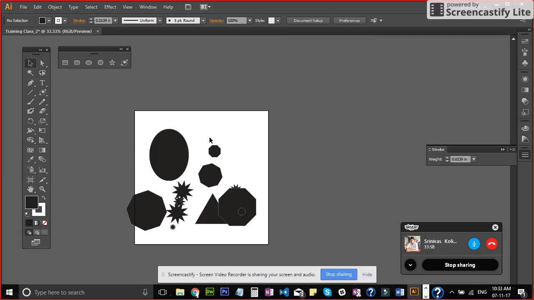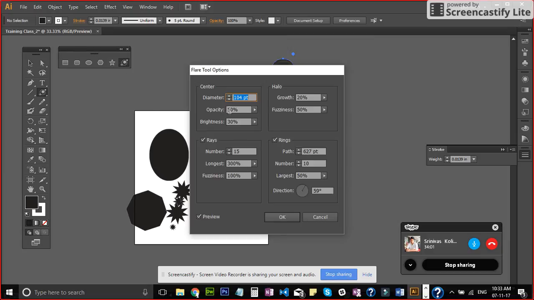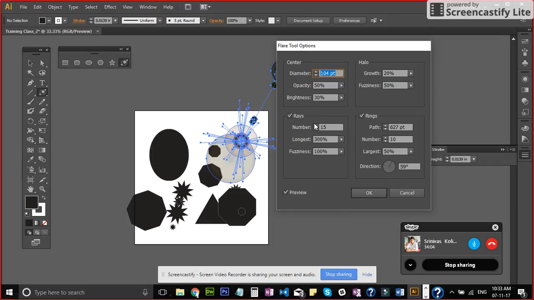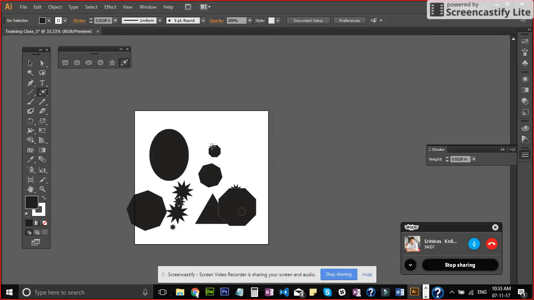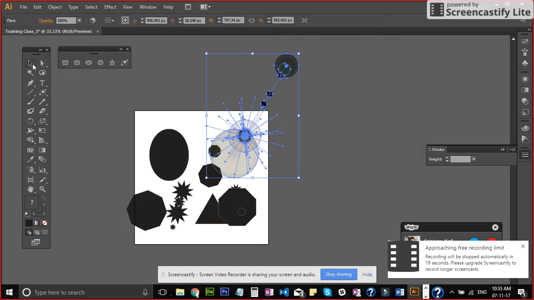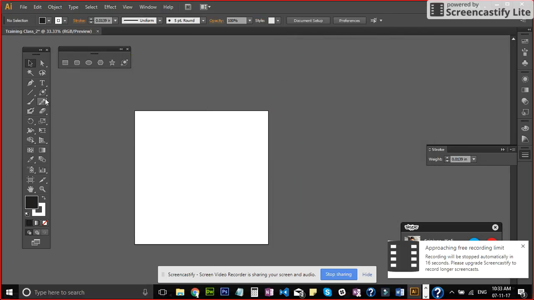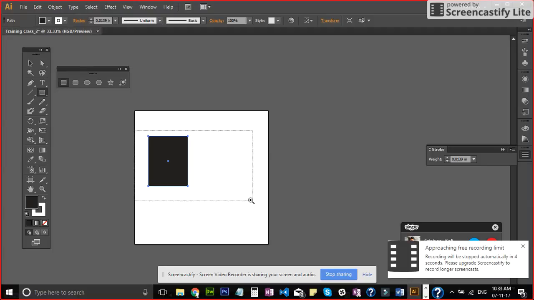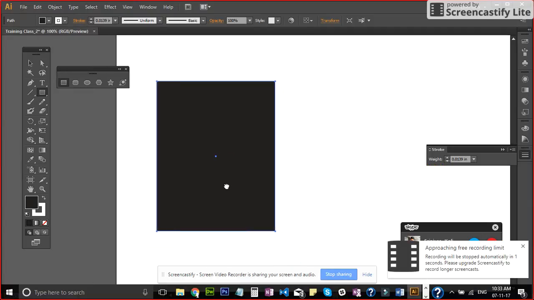Okay, you can rotate it and double click it. See, diameter, opacity, brightness, rays, all this you can check and work on. What type of rays you want, how much opacity you want. If you play with this, then you will be able to get all the options of it. So once we get to know the different types of shape tools, different types of rectangle shapes to draw on the artboard, then we'll start working on how to edit the shape on the artboard. So once I create a rectangle, I want